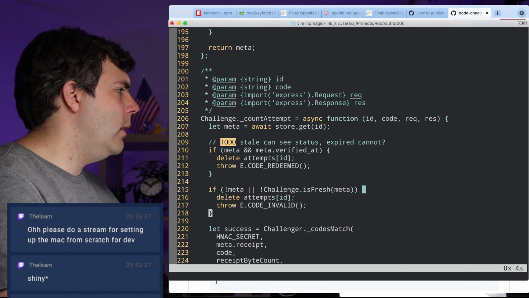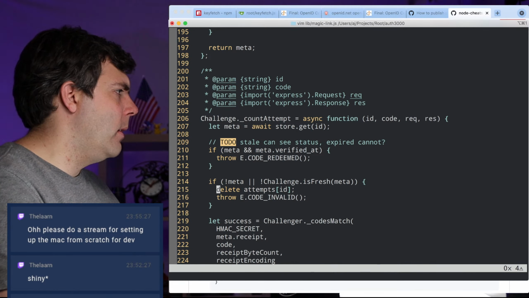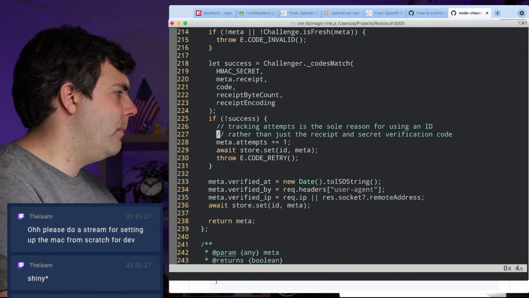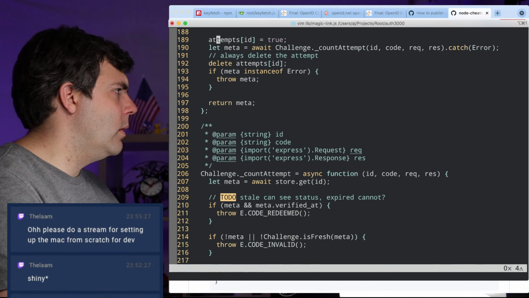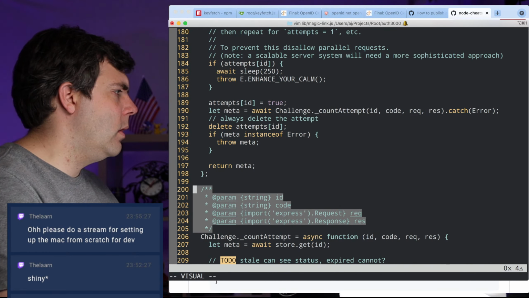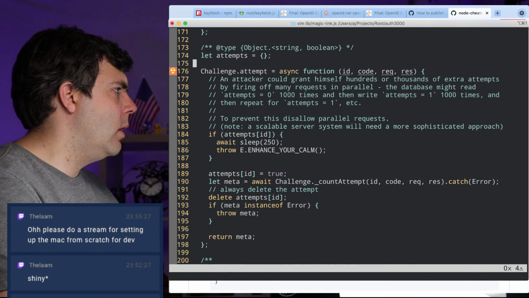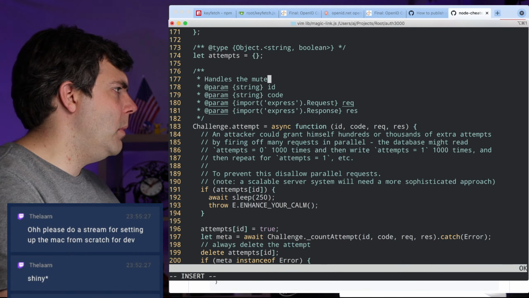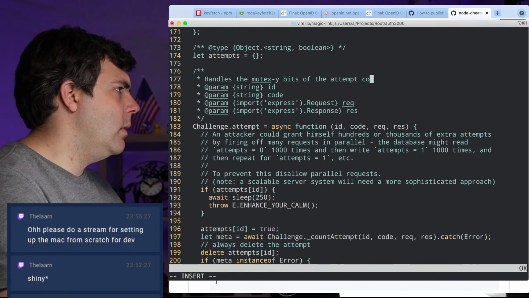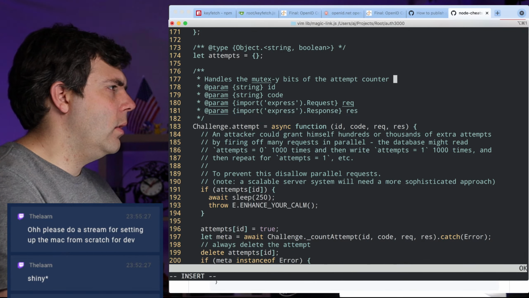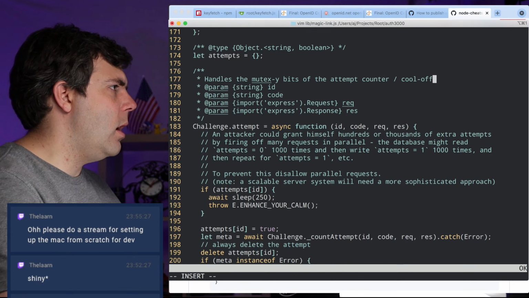And so then we don't need to delete the attempts here because we're doing the mutexiness on the other side. Yeah, that makes sense. Okay, handles the mutexy bits of the attempt counter / cooldown offer.